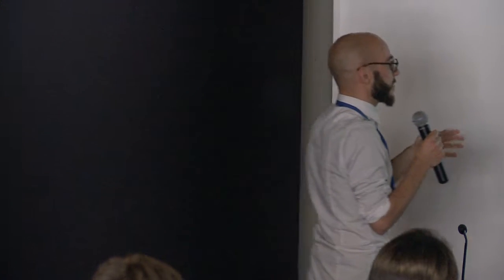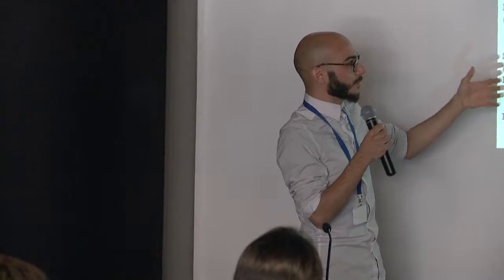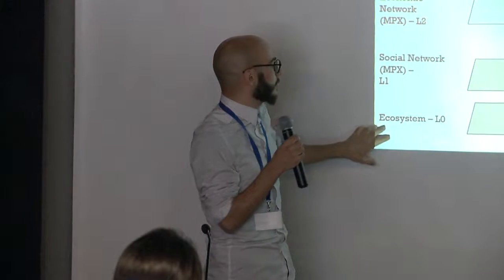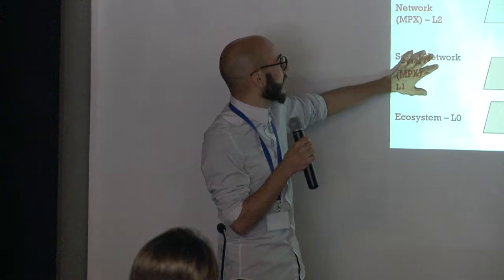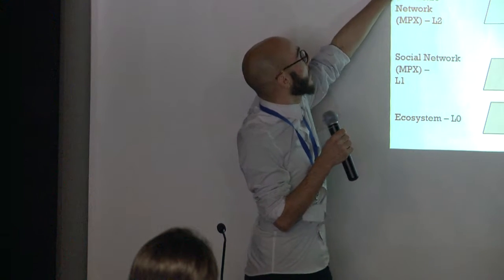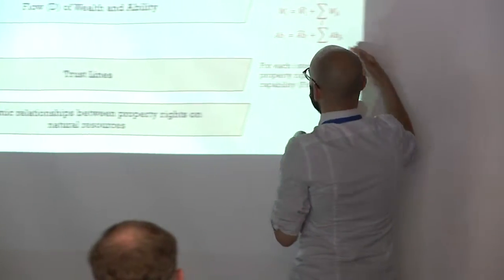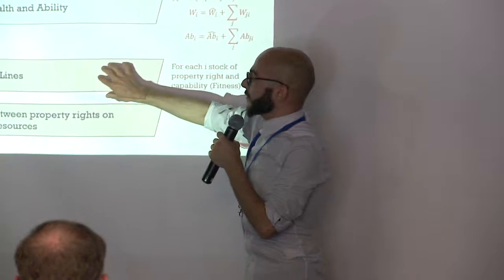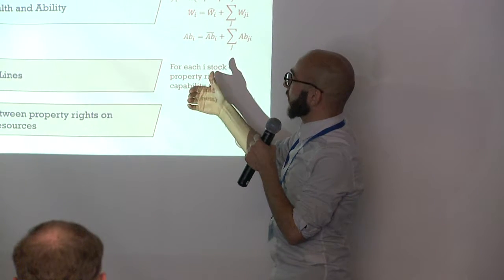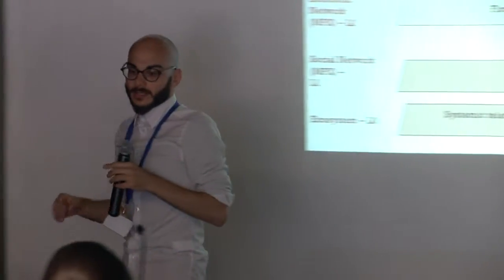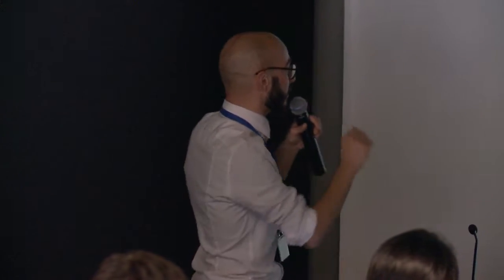This is a draft. This is how I imagine continuing this kind of study, taking into account also the ecosystem, social network, economic network, and then the payment system, the bilateral credit clearing system. On one side, we have stock, and on the other side, we have the flow that is going to be created. And that is why this is the scheme for